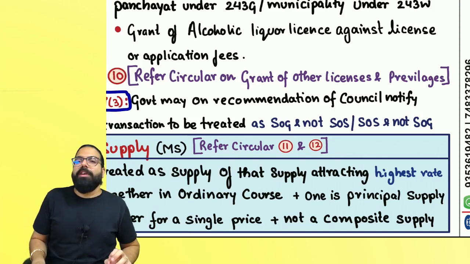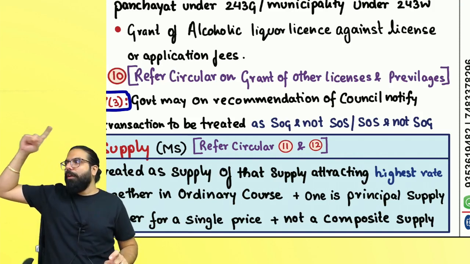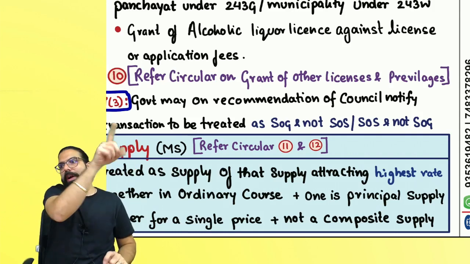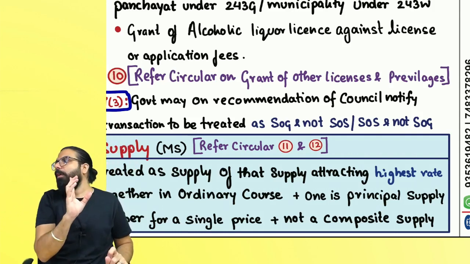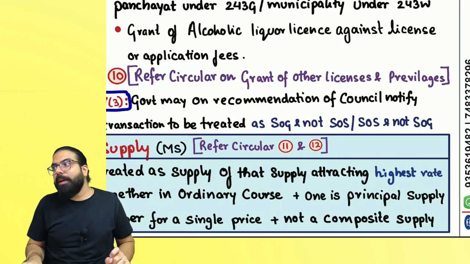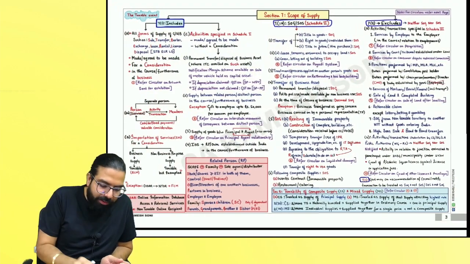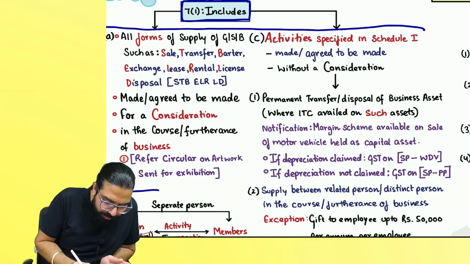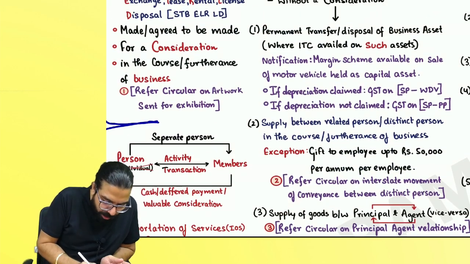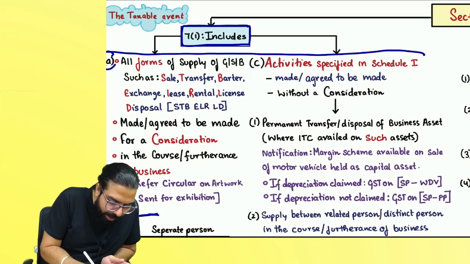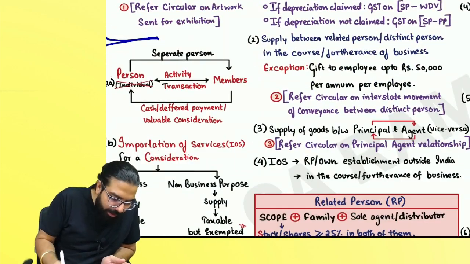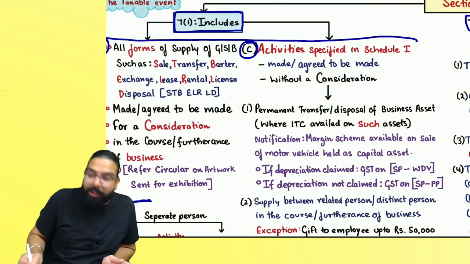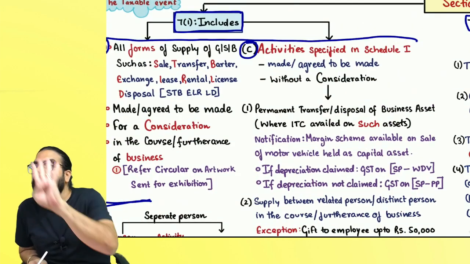Now, what is section 7.1 telling? Section 7.1 says that if you are falling in any one of these, which one, sir? If you are falling in section 7.1A, AA, B, or C,